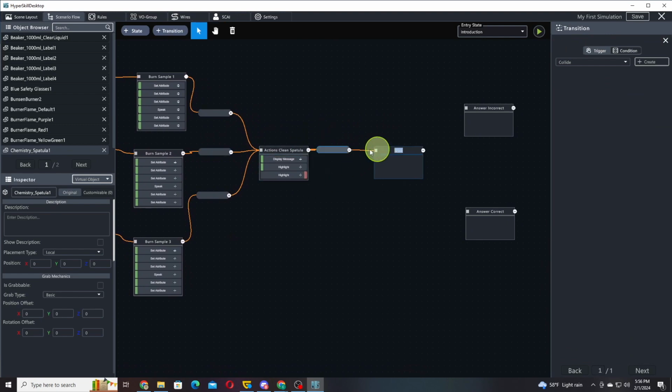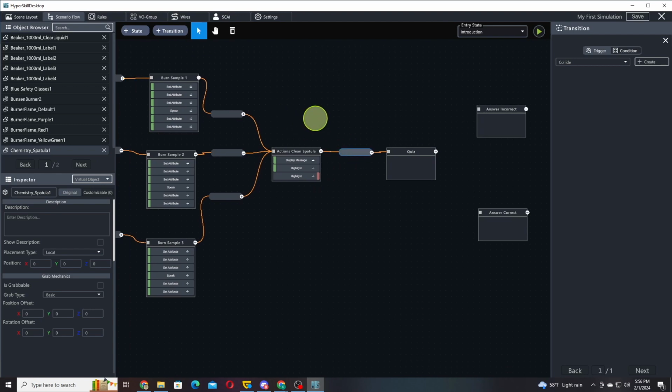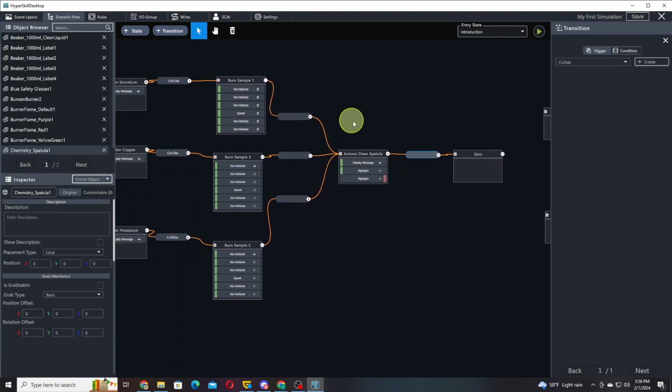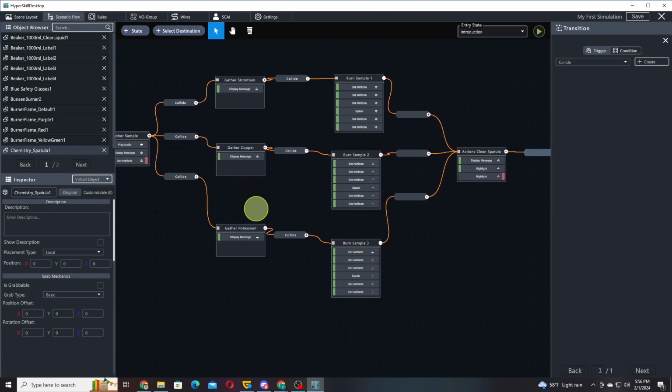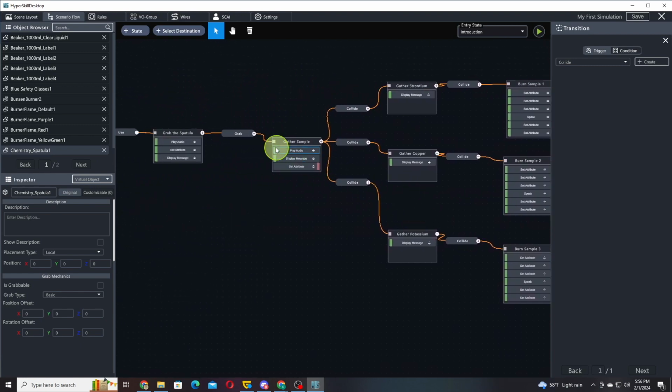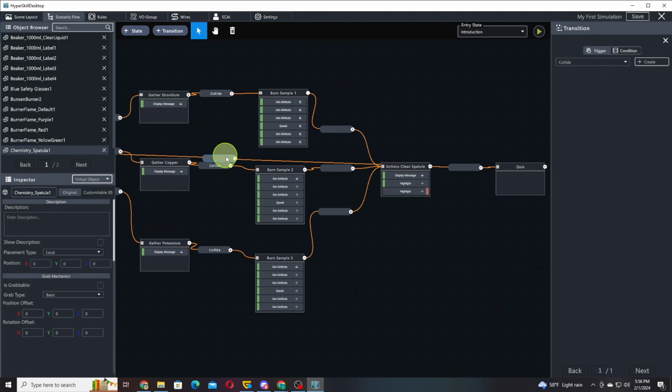Next, we can add a transition between these, which will be utilizing a condition. I'll help you define that in a minute. But we also want to put this back to the origin, back here where you gather the sample. Okay, here. Now,